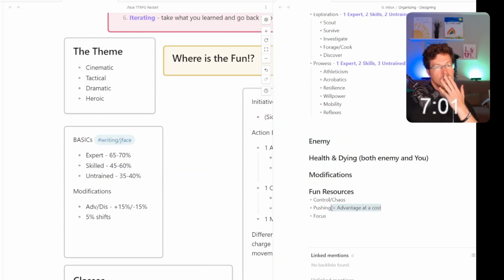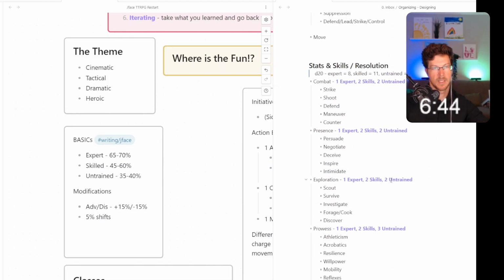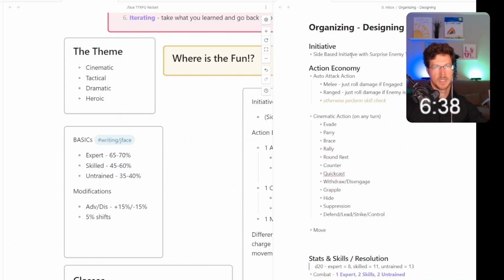Oh, no, advantage at a cost that is a resource. So we're gonna have advantage, disadvantage, and +1, -1. Those are your typical modifications for this style of game. What else do we want to have here? Side-based initiative with surprise from the enemies.